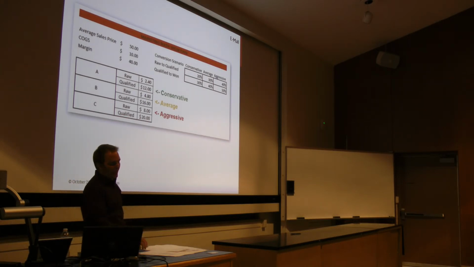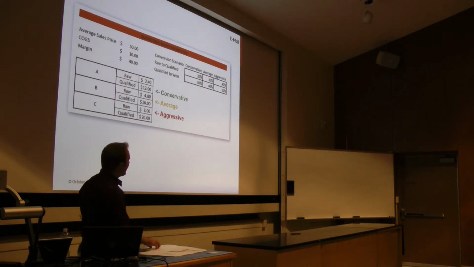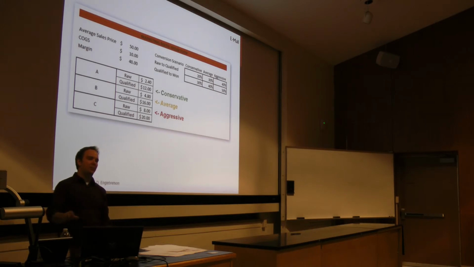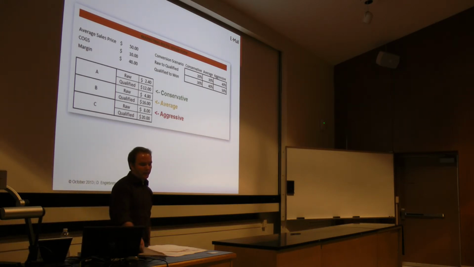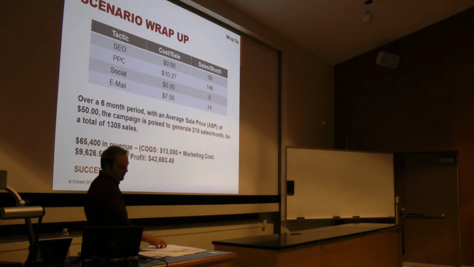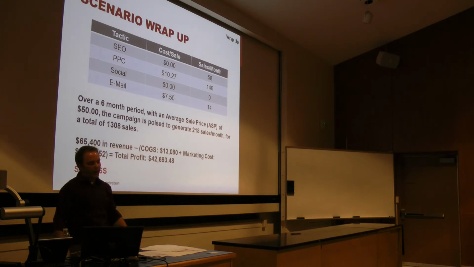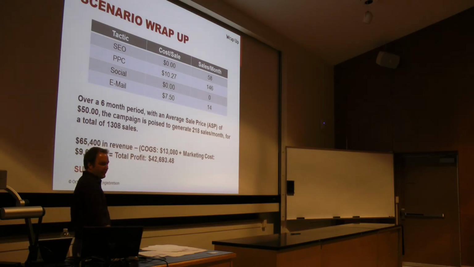So I definitely put in some easy math, but the point for this really is that with some calculators, you can quickly understand if I'm going to spend X amount of money on this list, is that going to actually add up? So we get to the end of our campaign, we discover that for zero money, I'm going to generate 58 leads from SEO. For $10.27 a sale, I'm going to generate 146 leads a month.